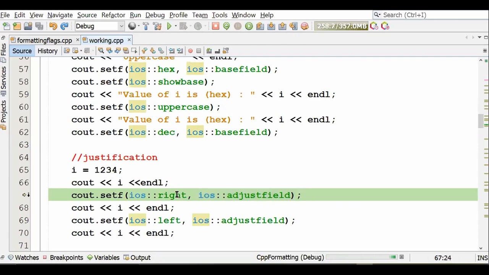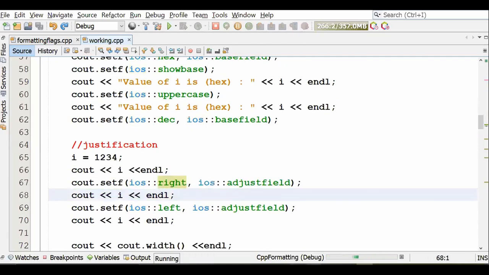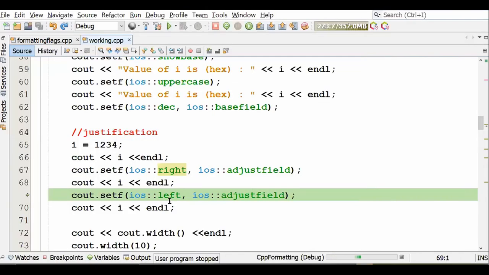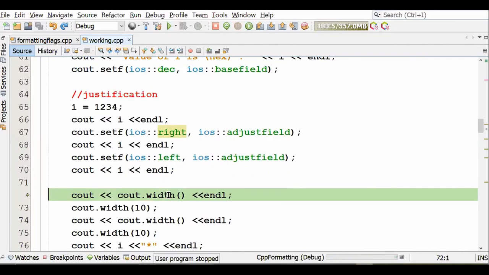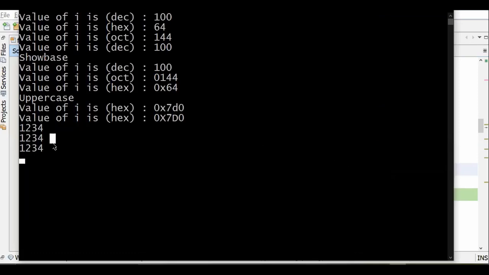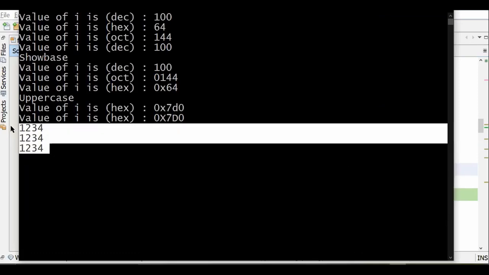So I turn the right flag on and I display the result. Let's see the result. You will wonder, the previous result and this result are the same. Then I say left and I go ahead displaying the output. Now let's see the result. If I say left, that has also displayed the output in the same fashion. So all three outputs have come exactly in the same fashion. Now this is always going to be the case because to display the value of 1234 we require 4 columns. So if you are allocating 4 columns and 4 columns are filled from the right side or left side, it's one and the same. You will never get to see the difference.